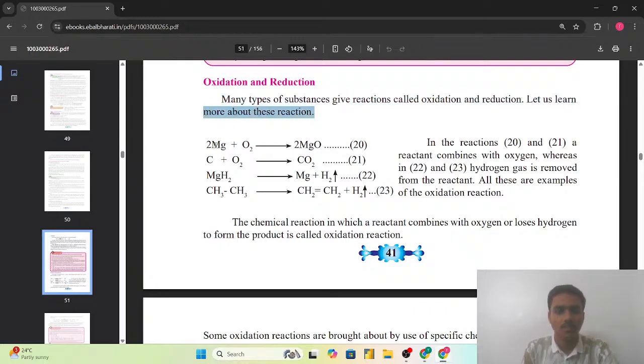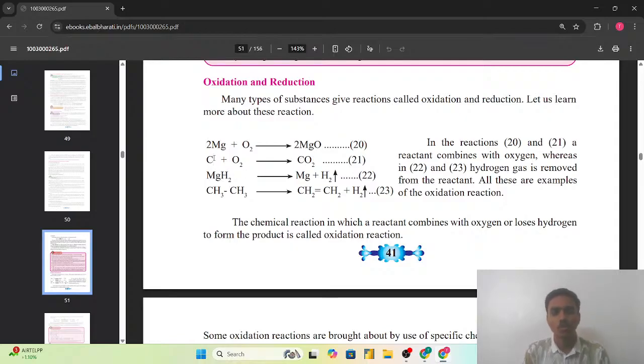तो हमें एक रिएक्शन यहाँ पर दी गई है, मैग्नीशियम व्हेन रिएक्ट्स विद द ऑक्सीजन फॉर्म्स मैग्नीशियम ऑक्साइड। We have given one experiment regarding this only. So we are taking the magnesium ribbon and when we are heating it on the Bunsen burner, that means we are reacting the magnesium with the oxygen gas which is present in the atmosphere. When magnesium reacts with the oxygen, it leads to the formation of magnesium oxide. So ये रिएक्शन यहाँ पर दो ऑक्सीजन बैलेंस।